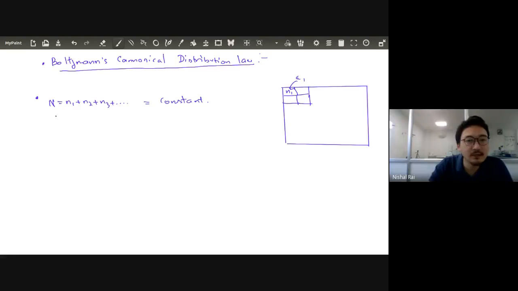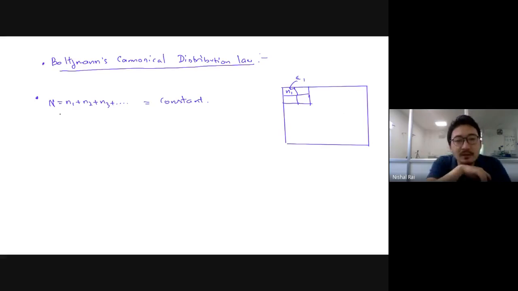Now the second thing: the number of particles is fixed, so if we disturb it, the variation delta N will be how much? 0. Is this point clear? If you differentiate this constant, then